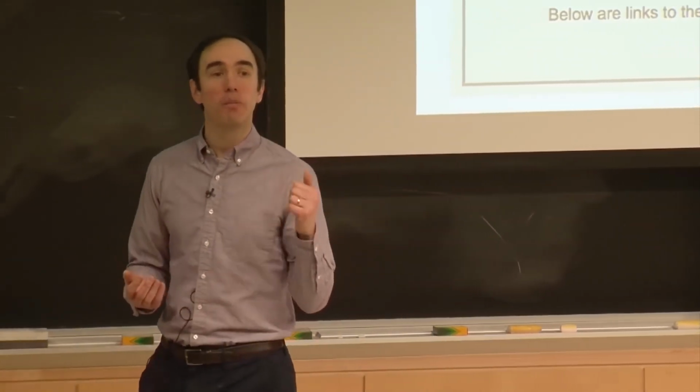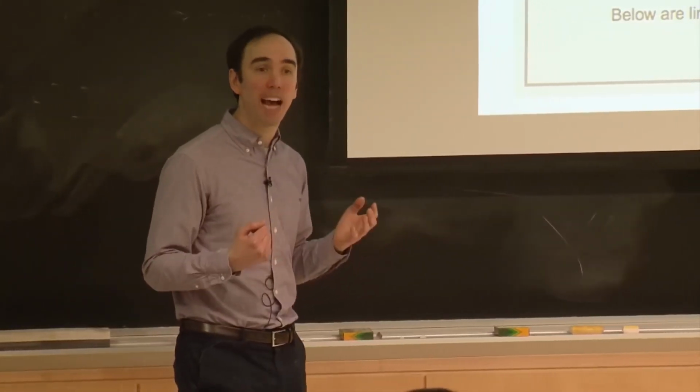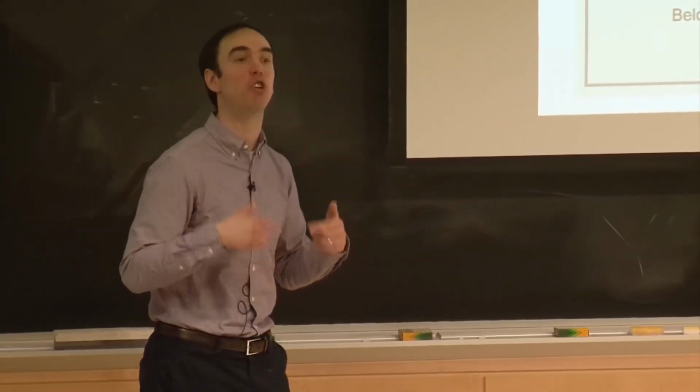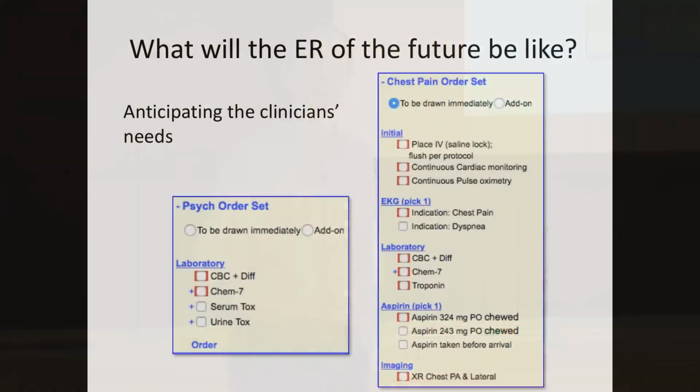And so that's where the machine learning algorithms can come in. By reasoning about what's going on with the patient, you might have a good guess of what might be appropriate for this patient, and you use that to automatically surface the right clinical decision support trigger. Another example is by just trying to anticipate clinician needs.